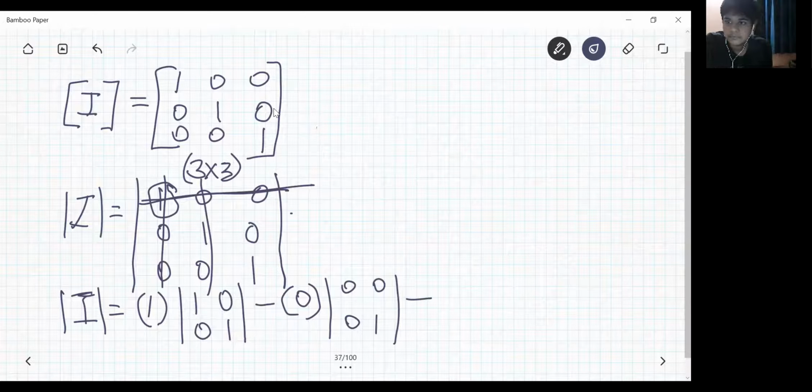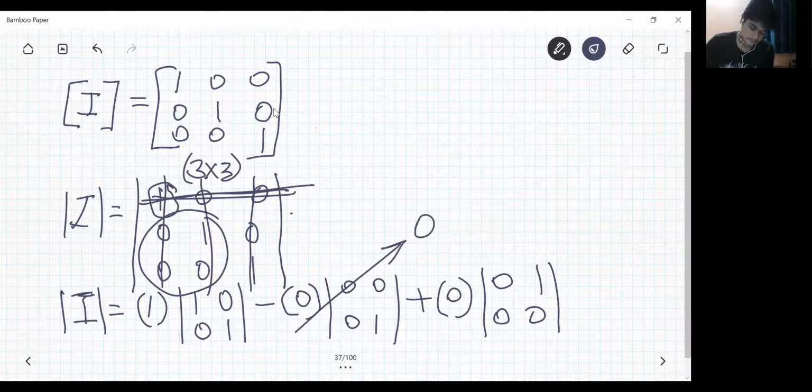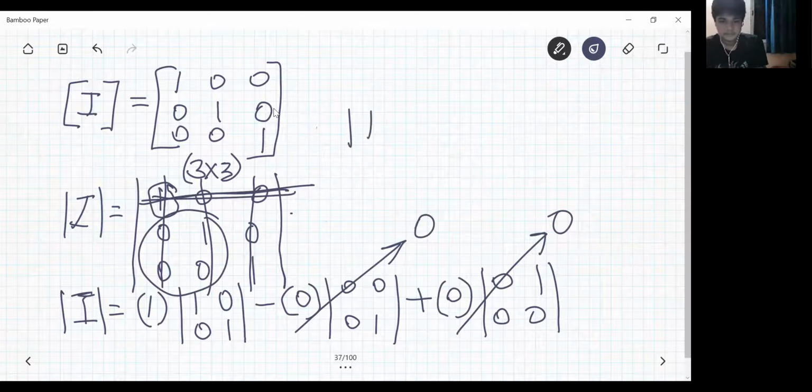Then there is a plus sign. Write this number, which is 0 again. Then leave that row and that column and write this remaining determinant, which is 0, 1, 0, 0. Now, because 0 into anything will be 0, this whole thing will become 0. Similarly, this whole thing will become 0. So determinant I is equal to